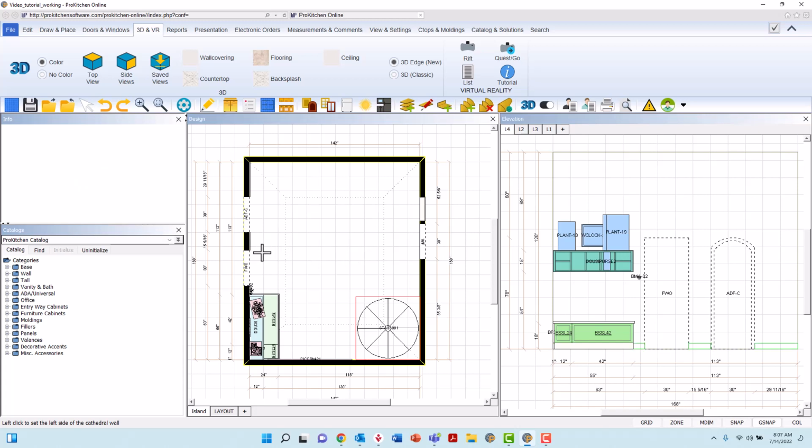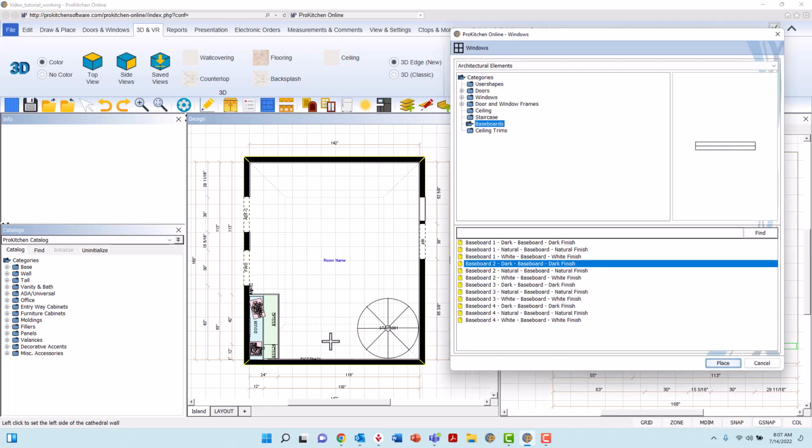The trim will auto-cut to fit around cabinet and architectural items, and will be very close to the wall, making it difficult to see from the plan view. The mouse will remain a crosshair, so you may apply this trim to additional walls. Continue to left-click once in each of the wall zones where this trim needs to be applied. When you have completed the task, tap the Escape key on the keyboard to release the tool and restore the